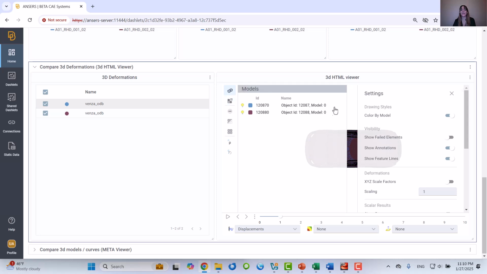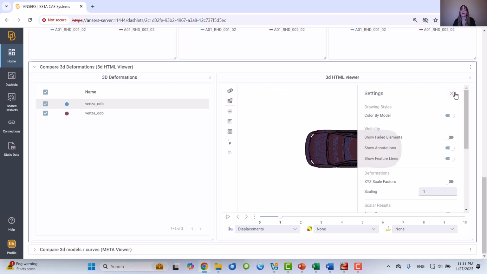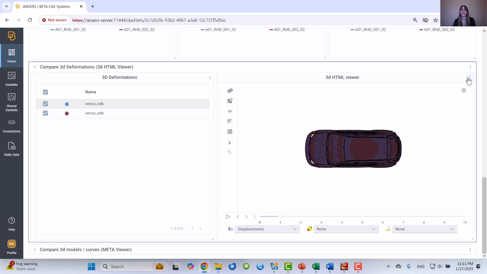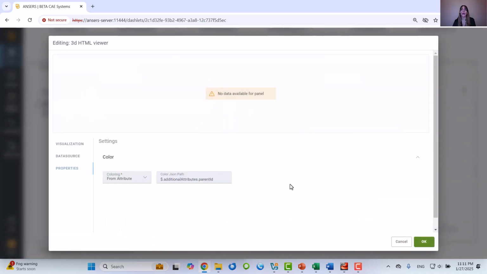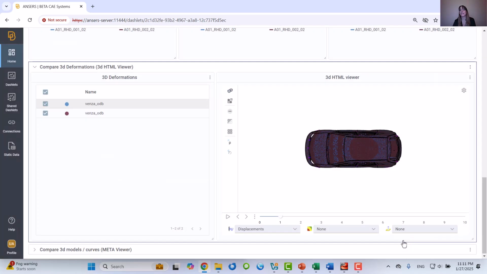You can handle the visibility from the models list. A prerequisite is that under the properties of the panel, you need to define the appropriate attribute. So as simple as that, the multiple models can be colored and assigned any color.